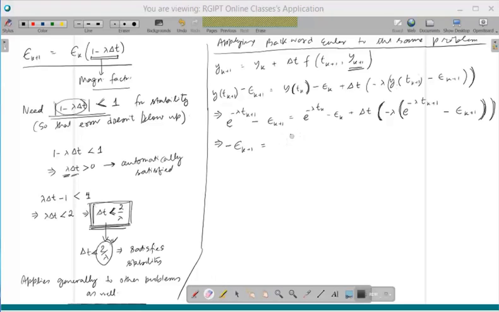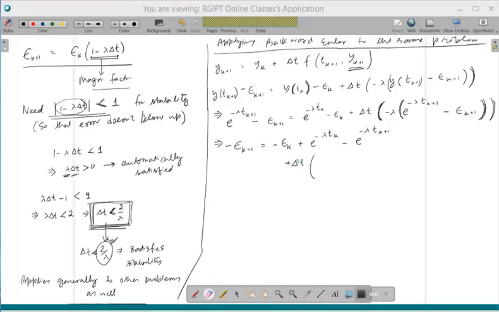Let's write down minus epsilon k, and then the rest of the terms, plus e raised to minus lambda t sub k. Okay. Minus e raised to minus lambda t sub k plus 1. Okay. And then this last term, plus delta t,